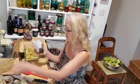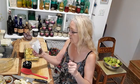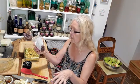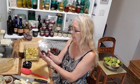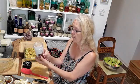Not telling you guys what I'm doing here. I did soak them a little bit in water. These are the chopped dates that you get in the package. It's not nearly as nice as the whole ones you chop yourself, but I was in a hurry, and I knew I just wanted to do this quickly for you guys and make it super easy for you so you can do it too. Okay, so the little chopped dates, I'm going to say that's more like a 1/2 cup of the